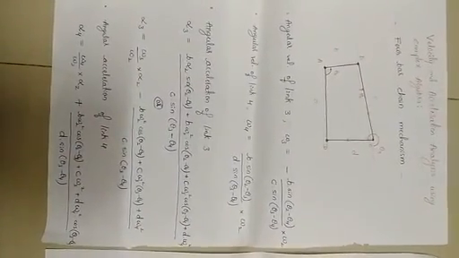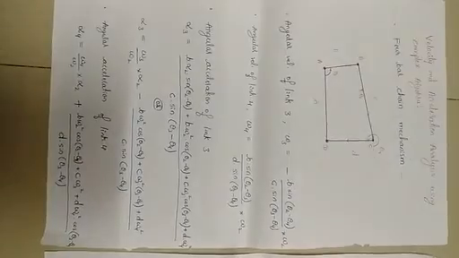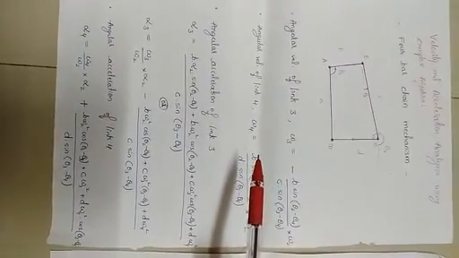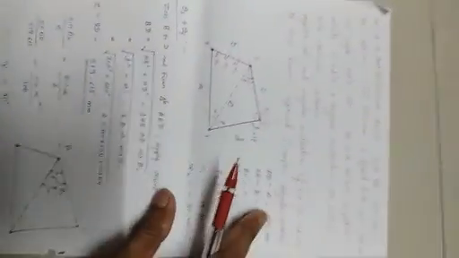Hi everyone. Now we'll discuss velocity and acceleration analysis of a 4-bar chain mechanism by using the complex algebra method. In my previous video I explained the steps involved in this process, that is, to find out the angular velocity and angular acceleration of different links. So now we will solve one problem on this. So this is the question.